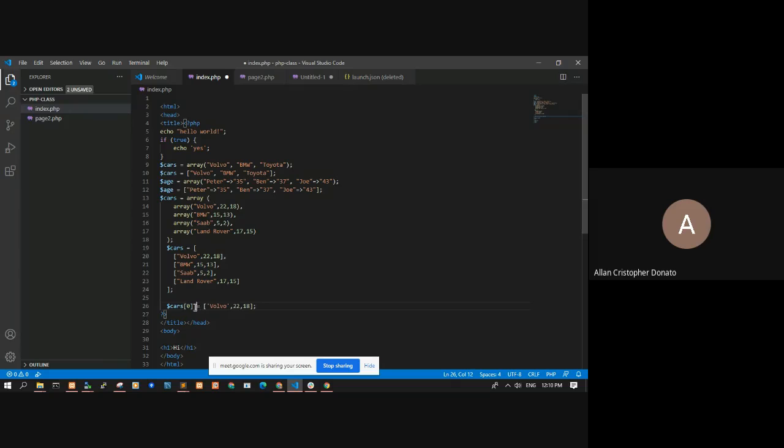Okay? Or if you don't want to specify the index, you can also do it that way, as long as you make sure that before you use that, you have cars equals. Okay? And so on. Okay? As easy as that, creating arrays in PHP.